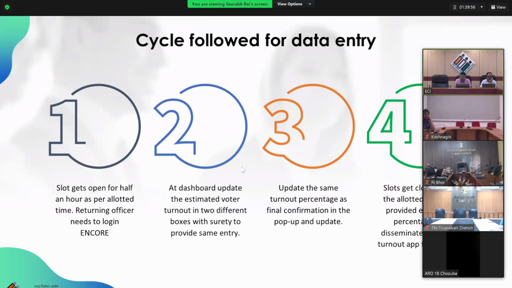Now why have we kept two boxes? Just to avoid any typo mistake. If you want to update or enter any data, you have to ensure that in both the boxes you have entered the same percentage. For example, at 9 a.m. my estimated percentage is 10.5. So in both the boxes I need to enter 10.5, and only then will the system let you submit that data. In case there is any typo mistake, for example, in my first box,